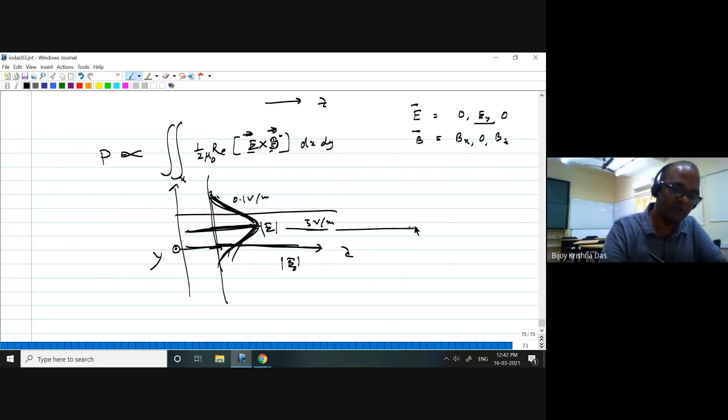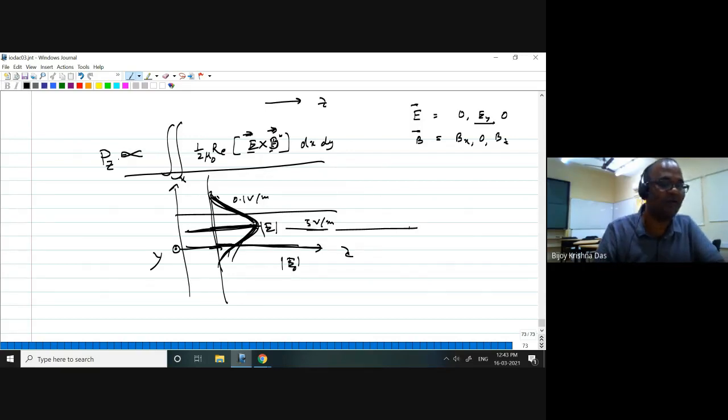Now come back to this question. So whenever I'm trying to find out power, you remember that in this case, power will be actually flowing in the Z direction. I need the Pz component. That means this is a vector. I have to take the cross product and then I have to find the Z component. Right? That Z along that direction, how much is flowing, that is the power carried by the mode. Because X direction, it cannot carry. Can it carry in the Y direction? Power? Because Y direction, it is infinitely extended.